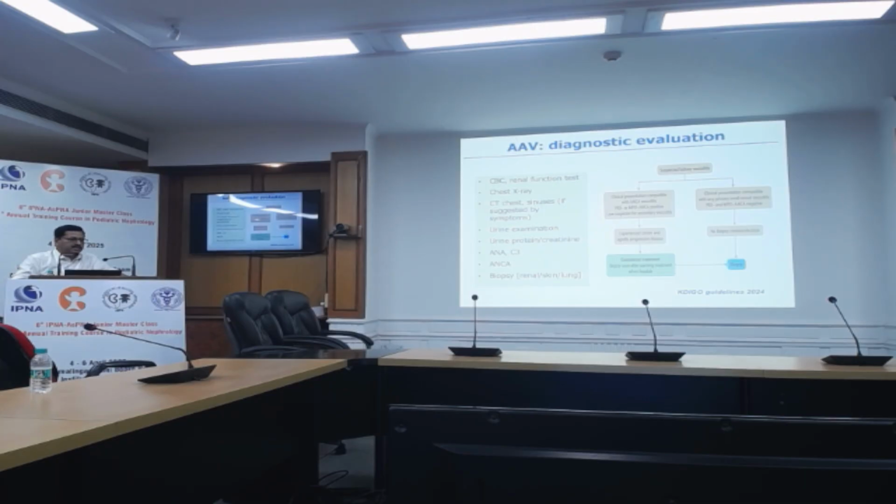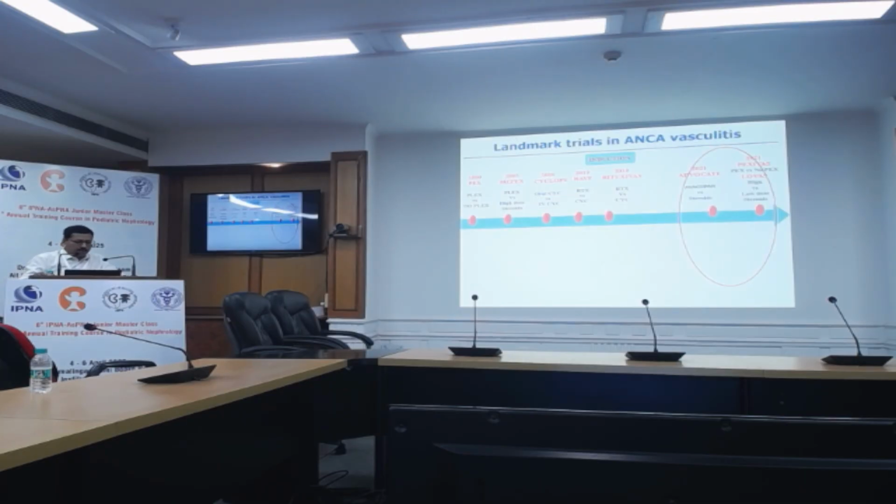You should consider treating it as ANCA vasculitis. So now coming to therapies of ANCA vasculitis. This is a disease in adults which has been studied a lot, and various interventions over a period of the last 30 years have been tried. Initially plasma exchange was studied, then came the methylprednisolone pulses, IV cyclophosphamide, then rituximab, and in the last 5 years